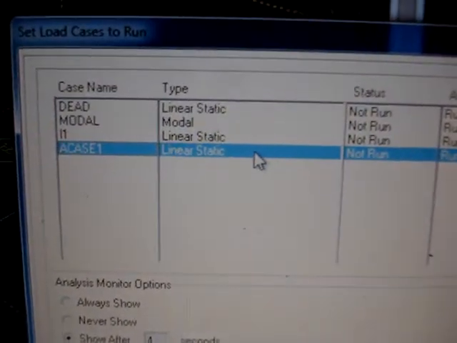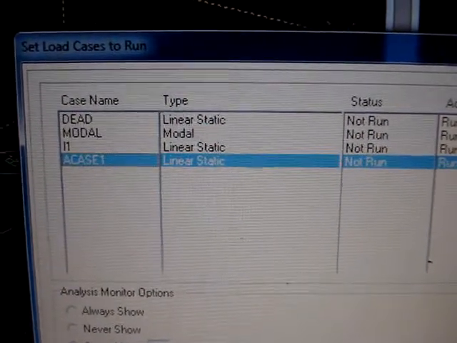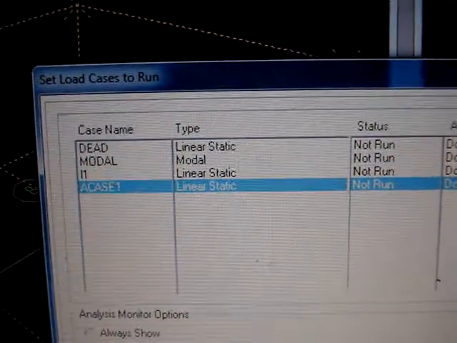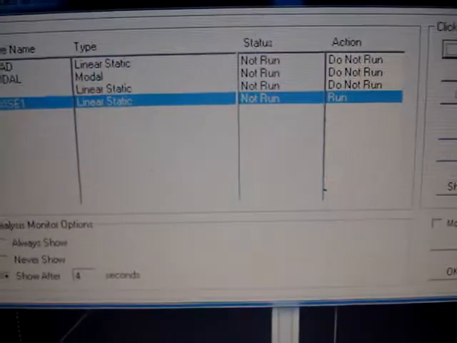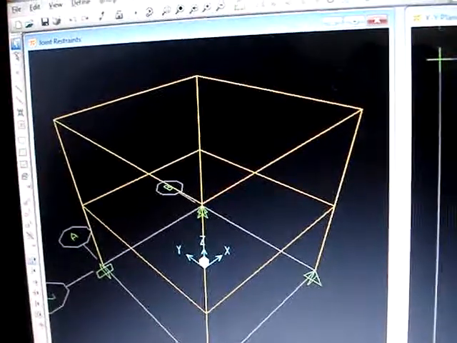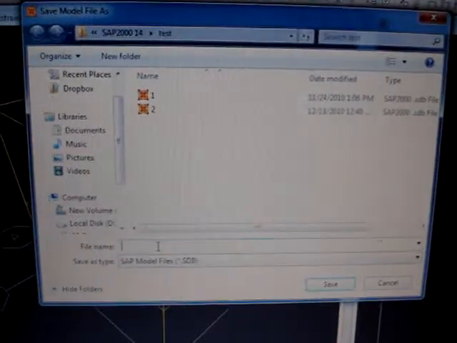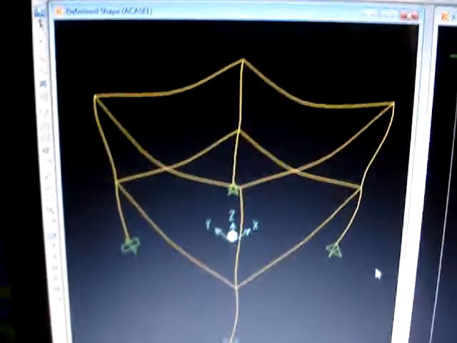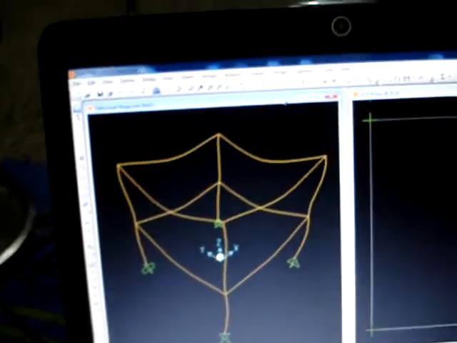Suppose we want to run the one which has been defined by you, then first do not run all, and then select the one which you want to run. You will set it as run case. So you do Run Now. When you run, it will take some time and it will ask you to save the program. Give it any particular name, and then save it this way. When I save it, it will give me a deformed structure. And if you want to see some kind of animation, you can click on Start Animation here. Just click it here.